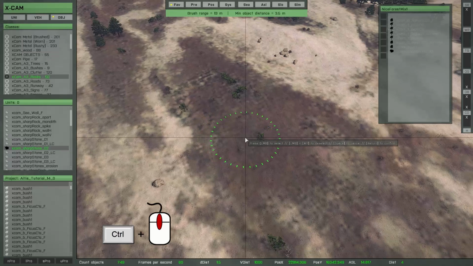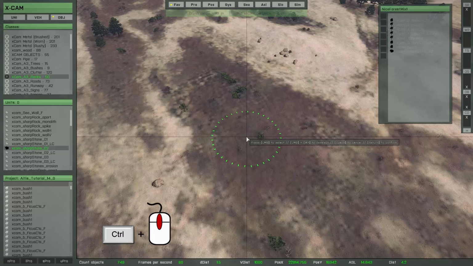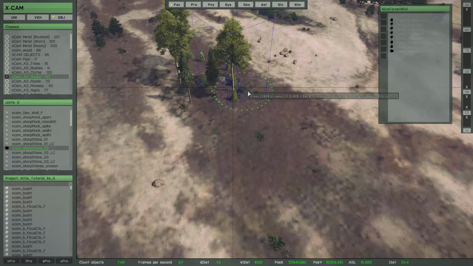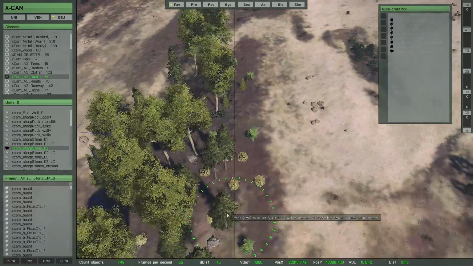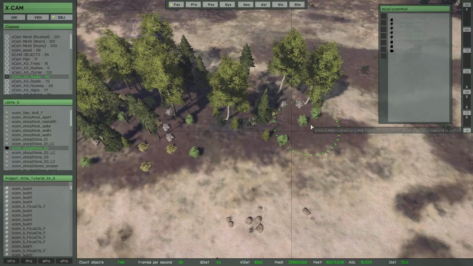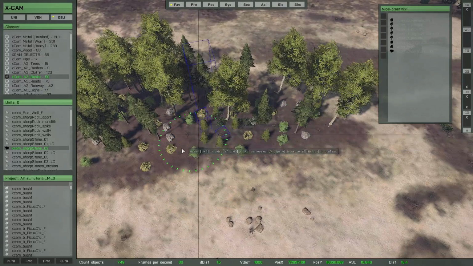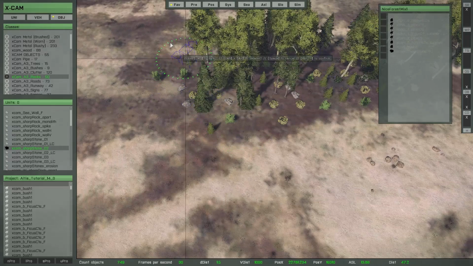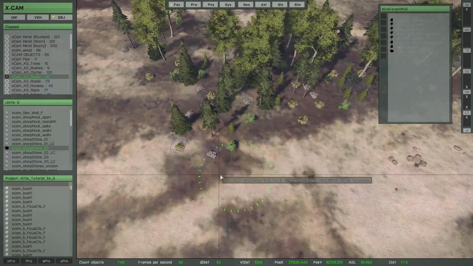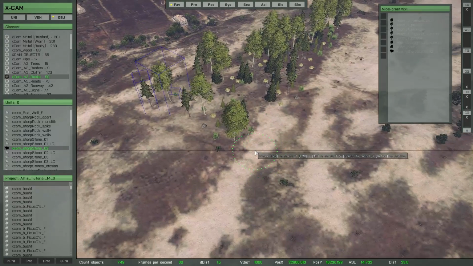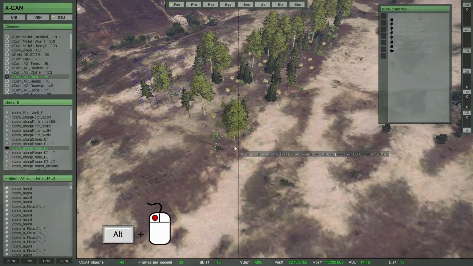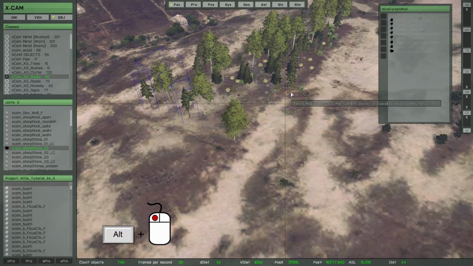Maybe change the minimum object distance a little bit. I'll try 4 meters. And then start to create some objects. And as you can see, all the different object types are part of the current brush session. Stones, bushes, and also the trees. And that's really cool. And remember the function, press and hold down the left Alt key to delete some objects. If you don't like the mix